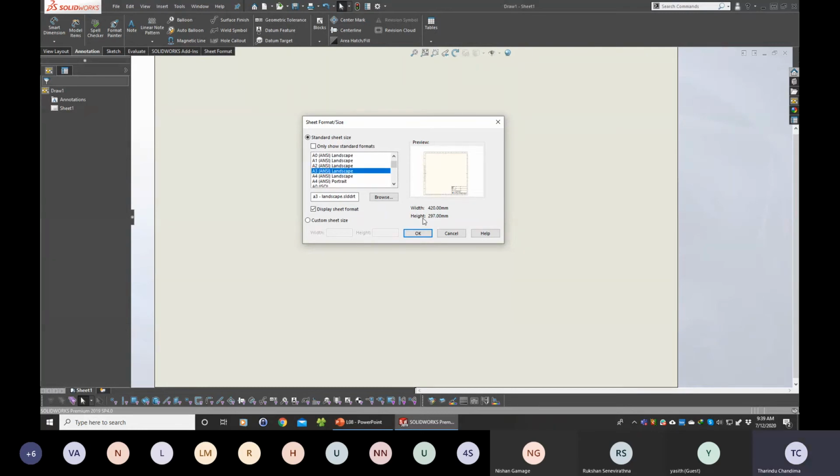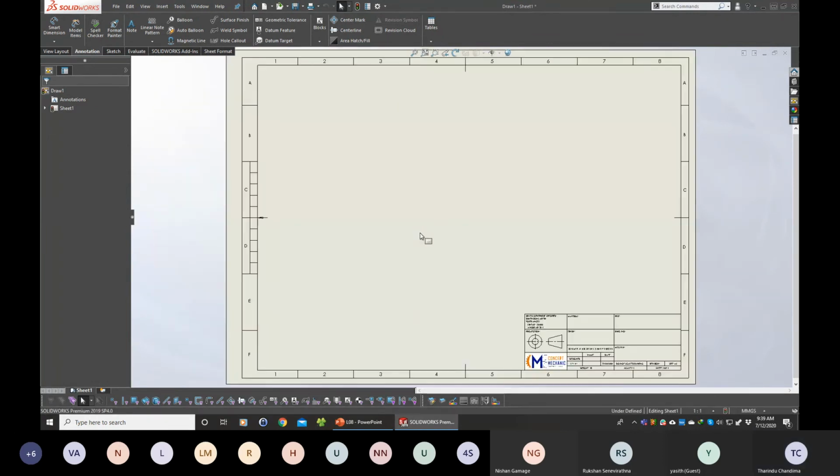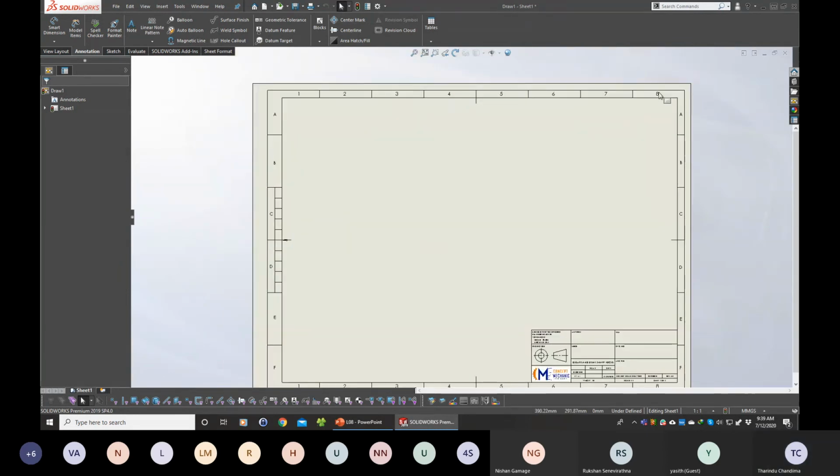So A3 here. Click OK. Right. So now you have the drawing cage. So the drawing cage will vary from standard to standard, but you can define your own drawing